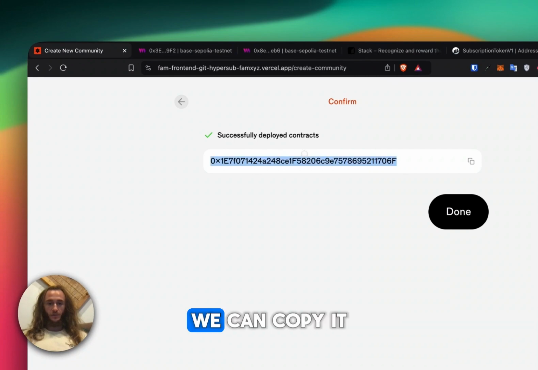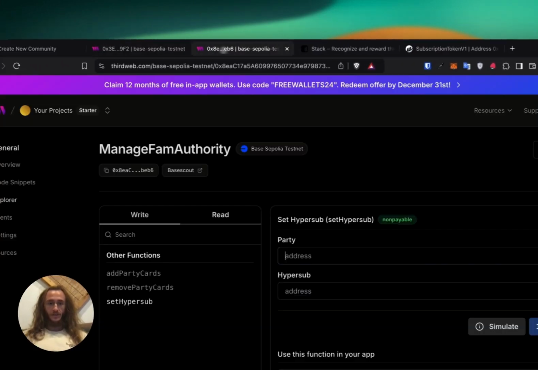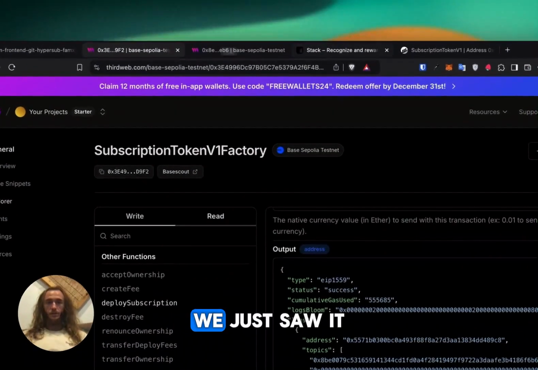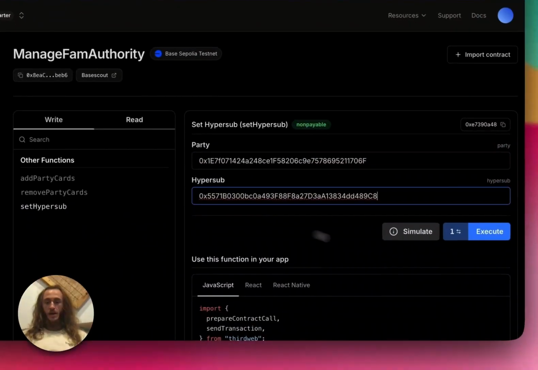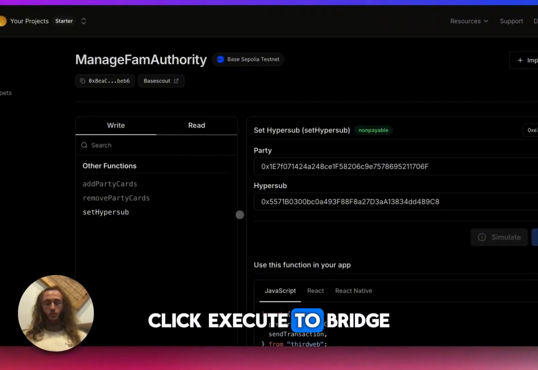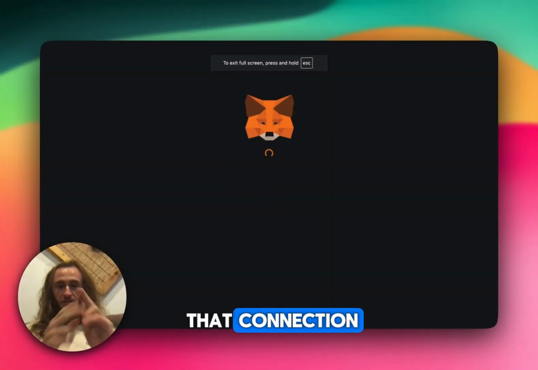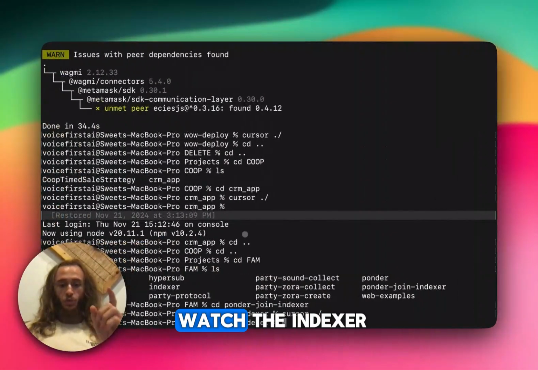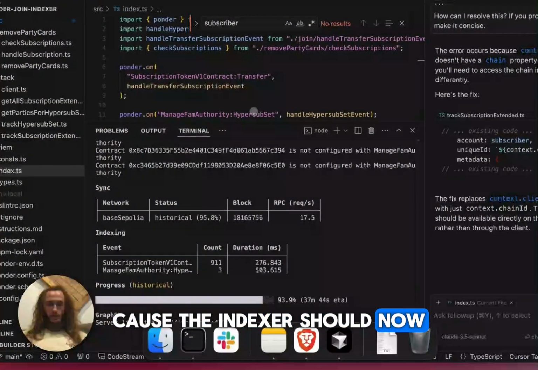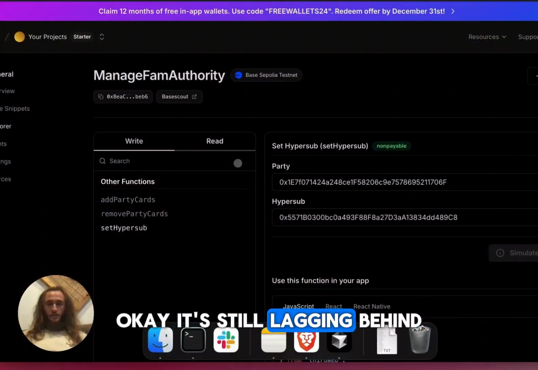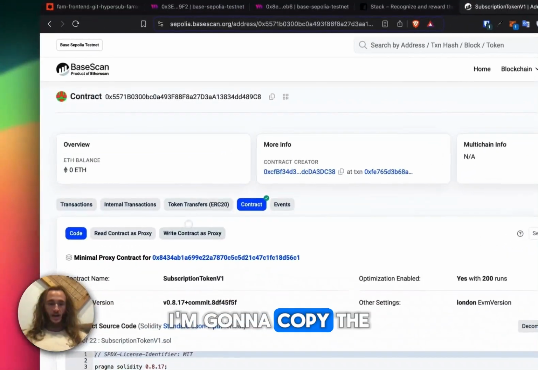Party we just created, we can copy it from here and click done. In the hypersub, we just saw it over here on base Sepolia scan. Paste that address, click execute to bridge that connection. And what we'll want to do now is watch the indexer, because the indexer should now, okay, it's still lagging behind. So what we're going to do to get it caught up is I'm going to copy the block number